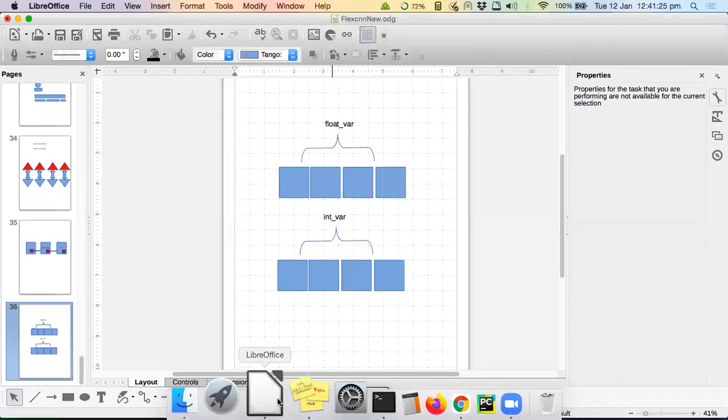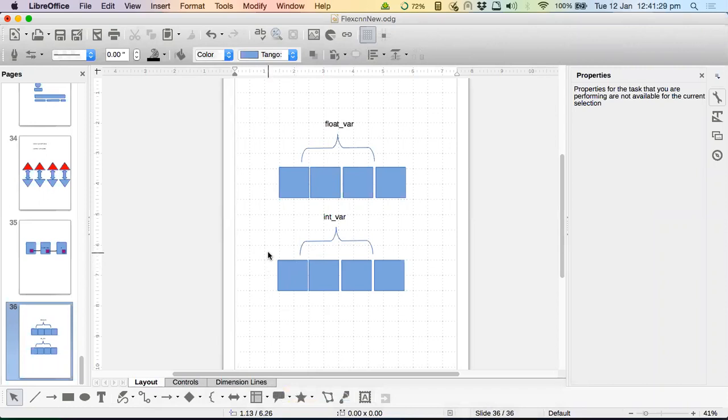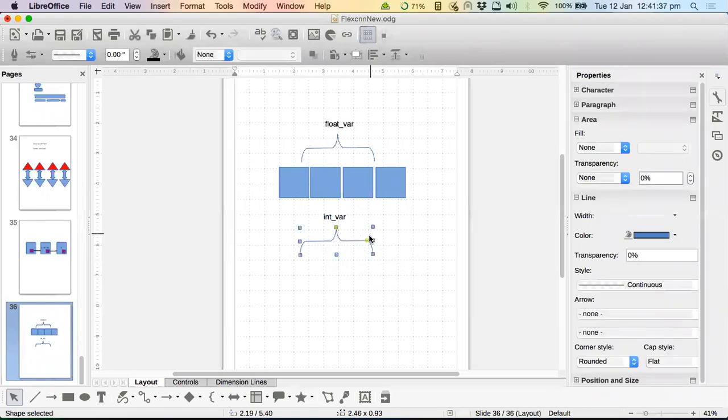But unions are good, unions are cool. What a union does is, it does not use this extra 4 bytes. The same 4 bytes that are used by a float are shared by the integer as well.